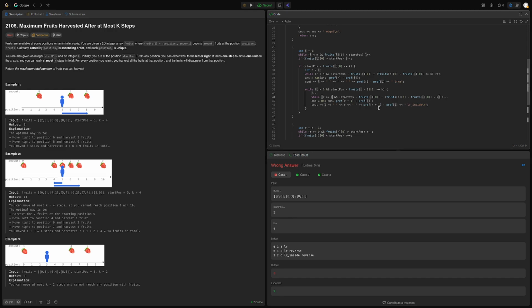So not while this is this, but while R is larger than or equal, so while R is over L, so what we want to do, well, we actually don't want to go until L is R, so while fruits